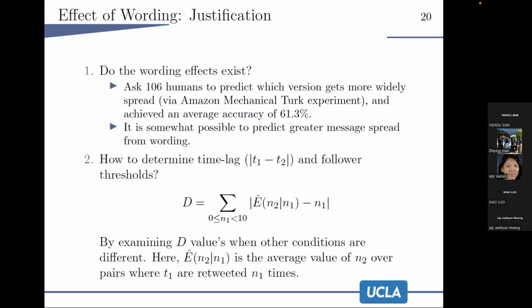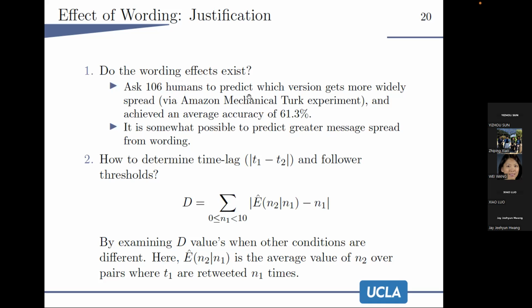And they did some justification, which is maybe one of the advantages of their paper: they try to think about a lot of details in a very systematic way. First, the question is, do the wording effects really exist? Does the wording really affect how popular a tweet can be? In order to examine this, they asked